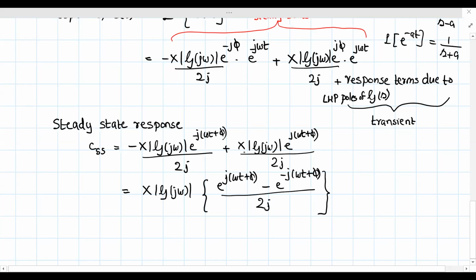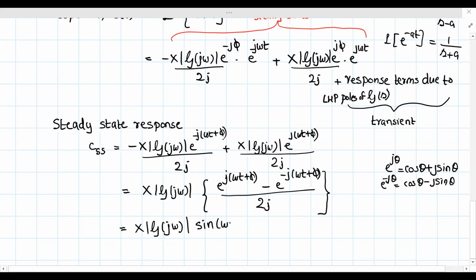This is nothing but sine(omega t plus phi), because we know e raised to j theta is cos theta plus j sin theta, and e raised to minus j theta is cos theta minus j sin theta. So with a little manipulation, sin theta is e raised to j theta minus e raised to minus j theta divided by 2j. So I can write this as X into mod G(j omega) into sine(omega t plus phi). Okay, so the steady state response is X mod G(j omega) sine(omega t plus phi),